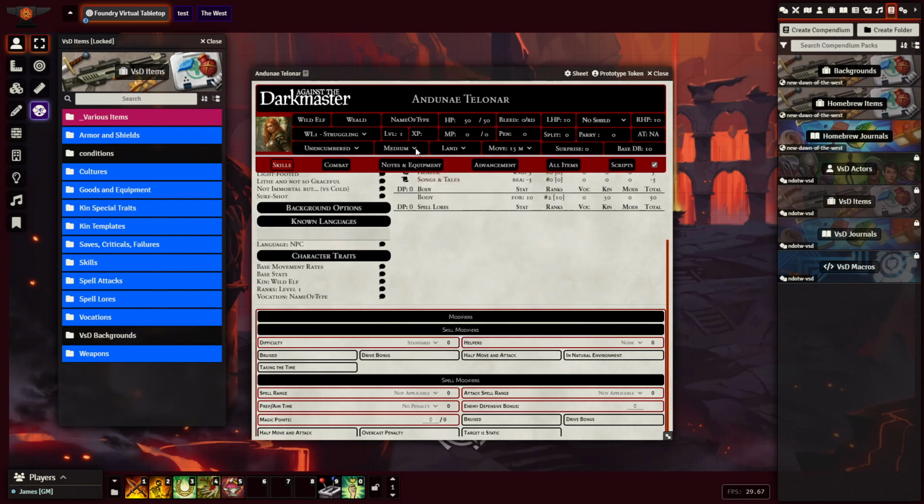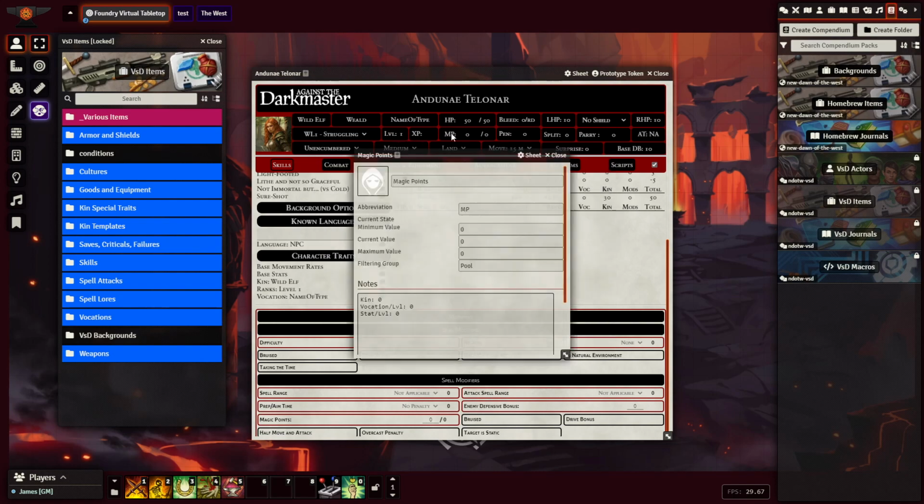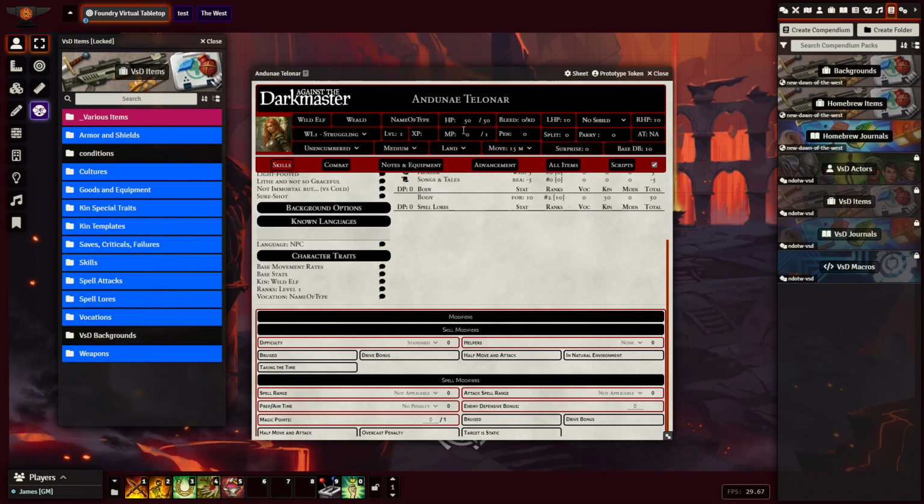Should have noted that. Where are we? Magic points. So for kin, you get 1. And we'll just leave the current value for now. There's no point in setting it until we've finished the rest. But you can see it's already set up. Okay, so that's kin